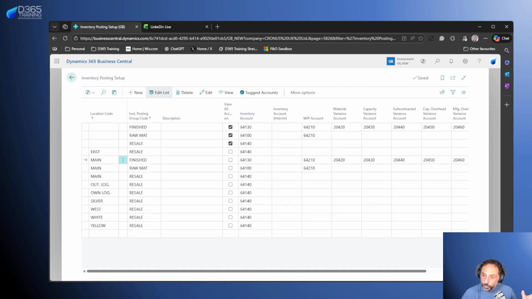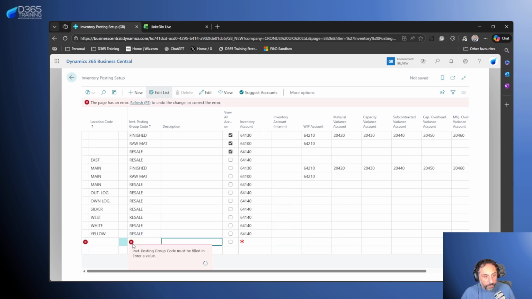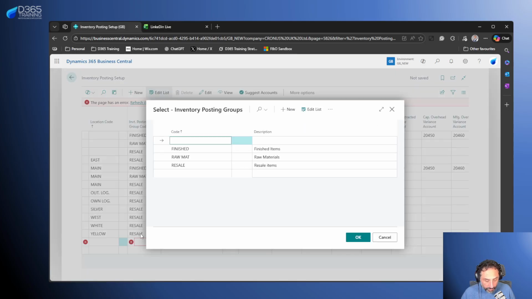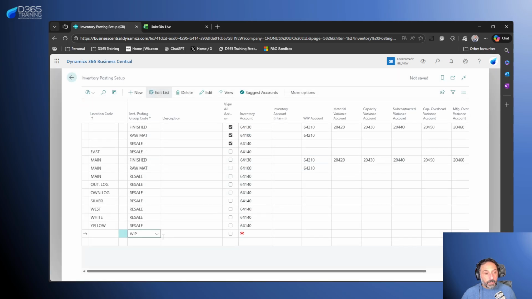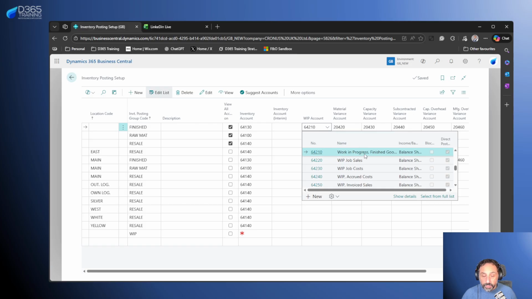One of the two decided, because the consultant working with them advised them to do this, they did this. They created a WIP. This is WIP items, right? And they ended up doing this. And now, once their WIP account in their chart of accounts, work in progress, finished goods, and we can talk